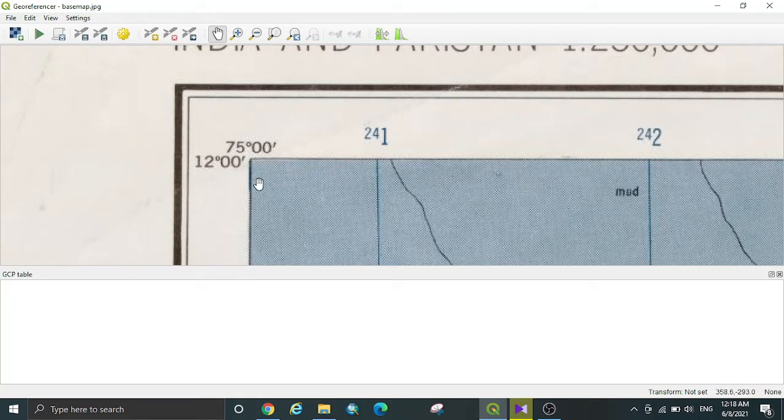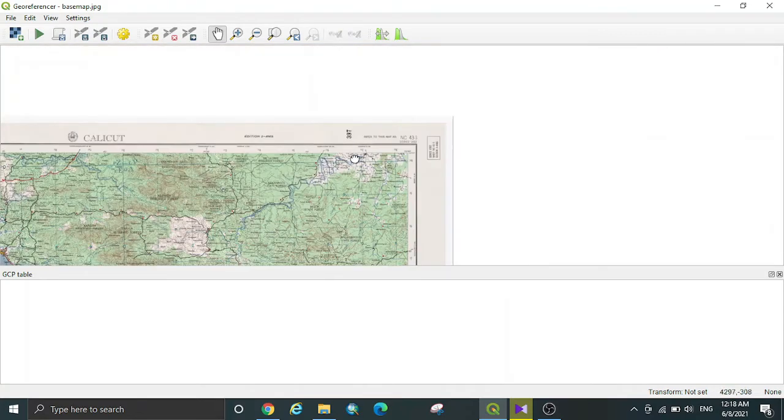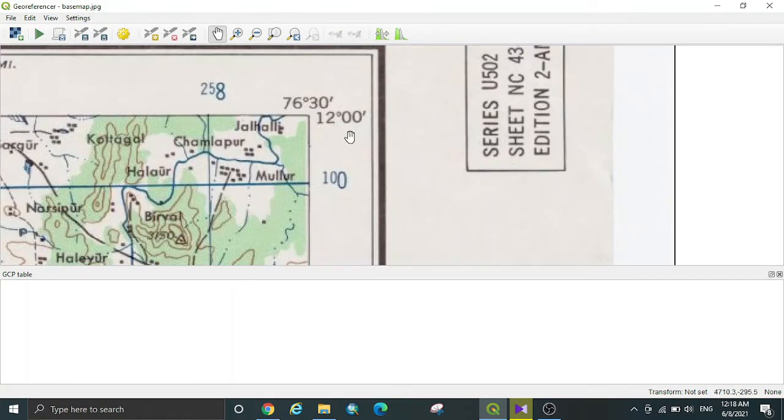Here we can see that the latitude is 12 degrees 0 minutes and the longitude is 75 degrees 0 minutes. If we pan to the top right corner, we can see that the latitude is 12 degrees 0 minutes and the longitude is 76 degrees 30 minutes. Check the remaining corners to understand the coordinates.